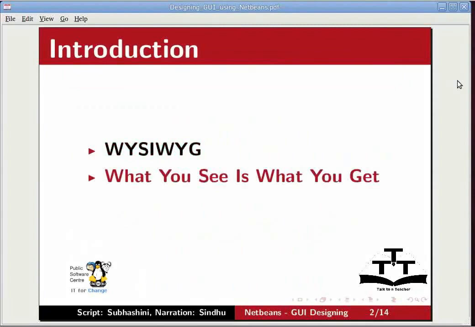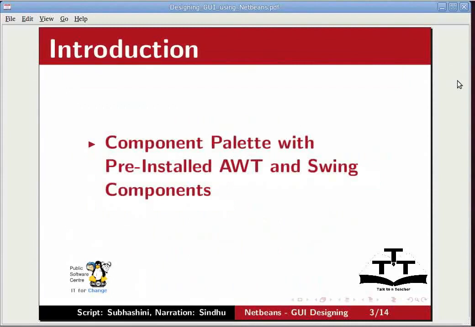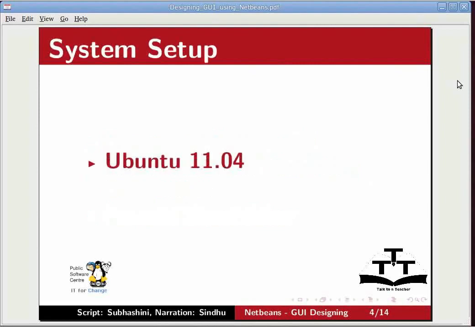In this tutorial, we will see one of the most attractive features of NetBeans, which is its GUI builder. What does NetBeans provide for building GUI? It gives you a what you see is what you get designer to create your GUI. Also, it gives you an easy interface to drag and drop components to create your layout. It comes with a component palette with pre-installed AWT and Swing components. We will be making use of this powerful visual editor to build a complete GUI application in just a few